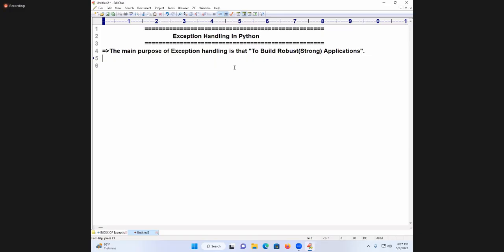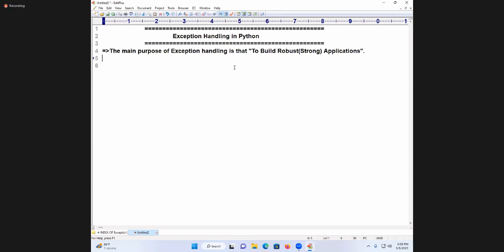Who is the person entering the ATM center? The end user, right? We are the end users. An end user is entering the ATM center and keeping the card in reverse order, and the application is telling me the mistake which I did. What message is coming? Remove the card and insert properly. Any person can understand that message. That is called a user friendly error message.